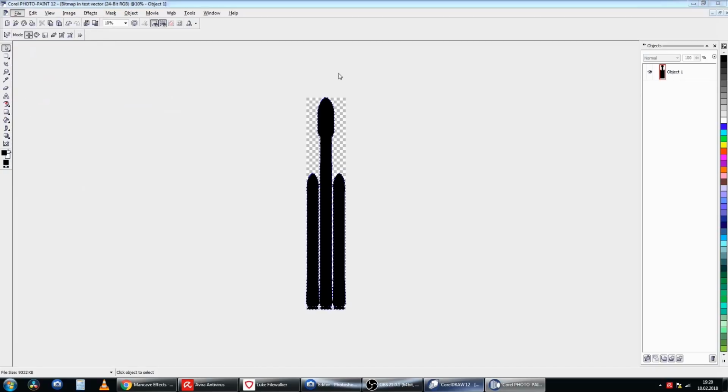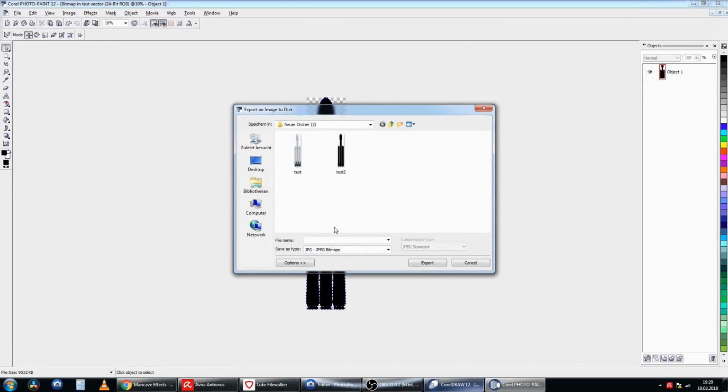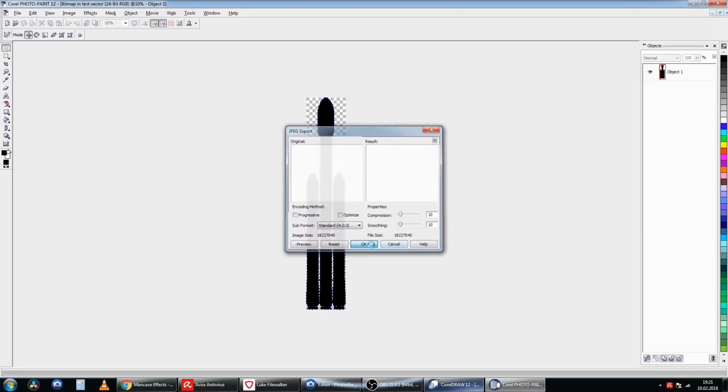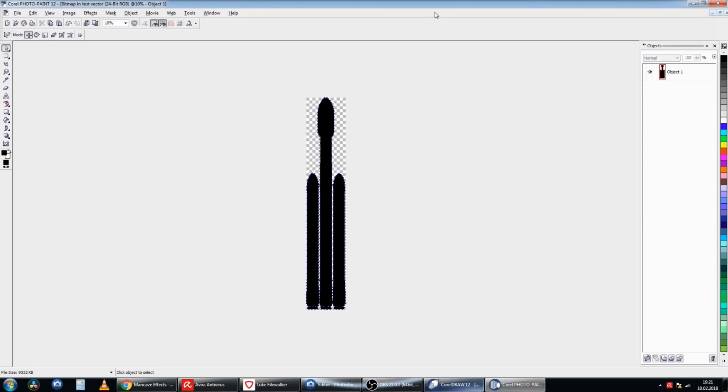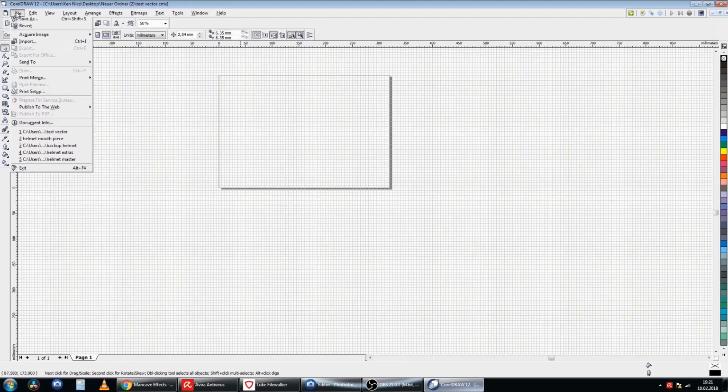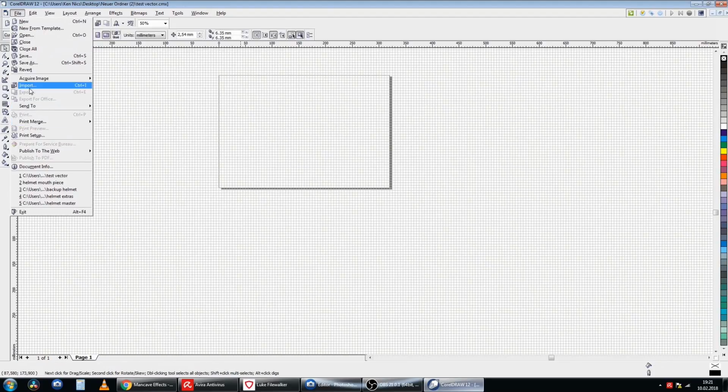Now I go here, and there's a little trick. When you go to export, make sure it is a JPEG file, not a PNG, because the PNG may cause the further steps to fail. There is a little bug, I think, in CorelDraw, and it doesn't work out with PNG files. Use JPEG. I already did this here, so I will just overwrite this. Okay, so we can close this down. We don't want to save this for now. So I will delete this as well, and I will re-import our